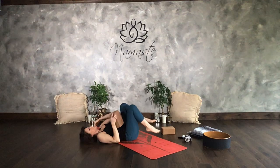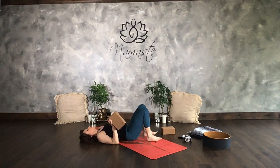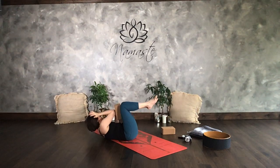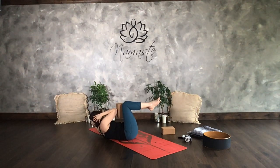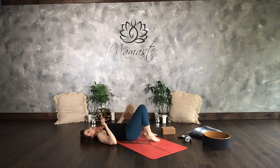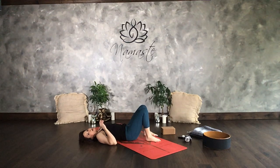And release. Whew. Opposite side. Keep pulling that pelvis in. And release. Whew. Now we're getting rid of the block and we're going to take the elbow straight to the